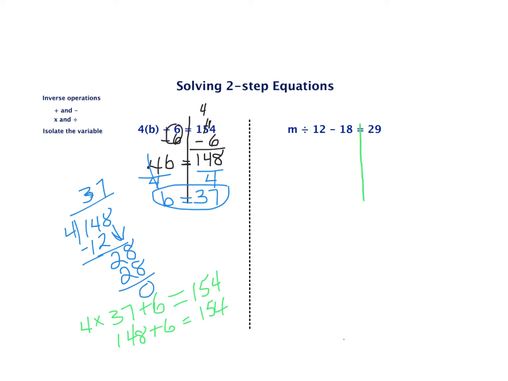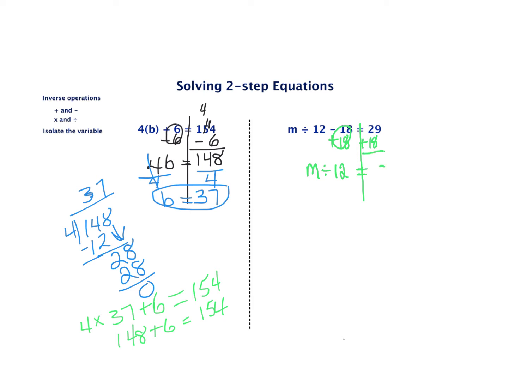Let's try another problem. M divided by 12 minus 18 equals 29. So I'm going to get rid of 18 first, because again, I want to isolate my variable m, meaning I want m by itself. Subtract 18, the inverse is plus 18. What I do to one side, I do to the other side. Negative 18 plus 18 is 0. So that leaves me with m divided by 12 equals